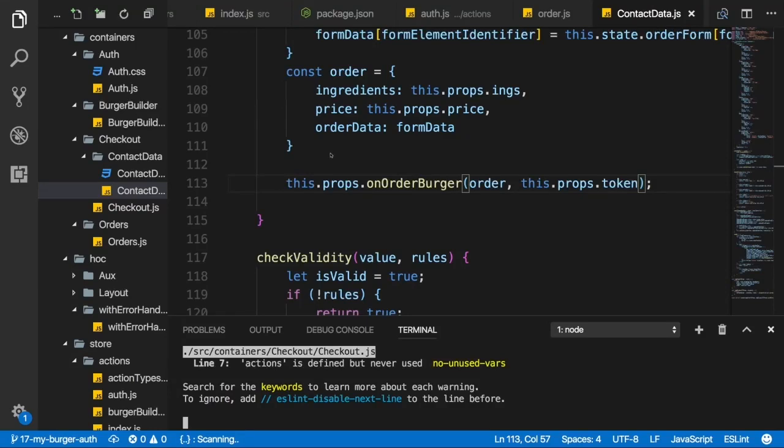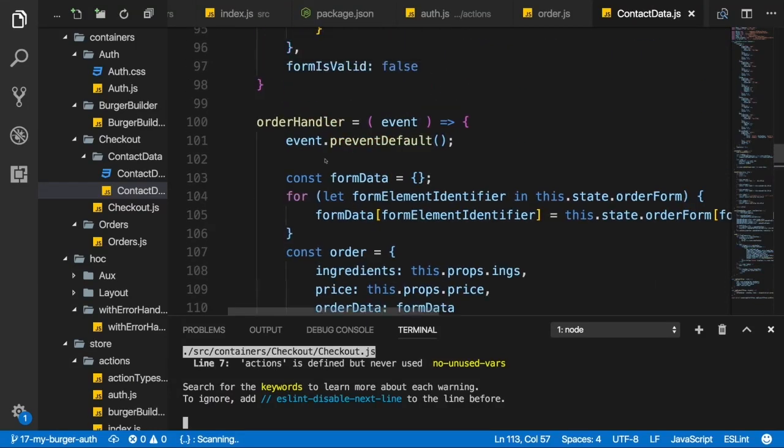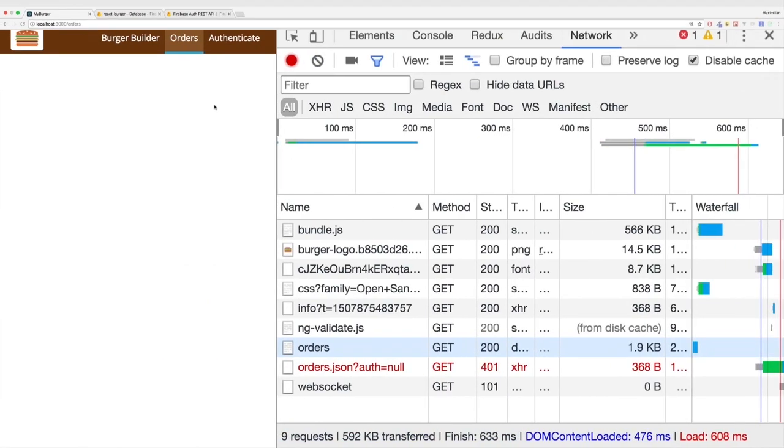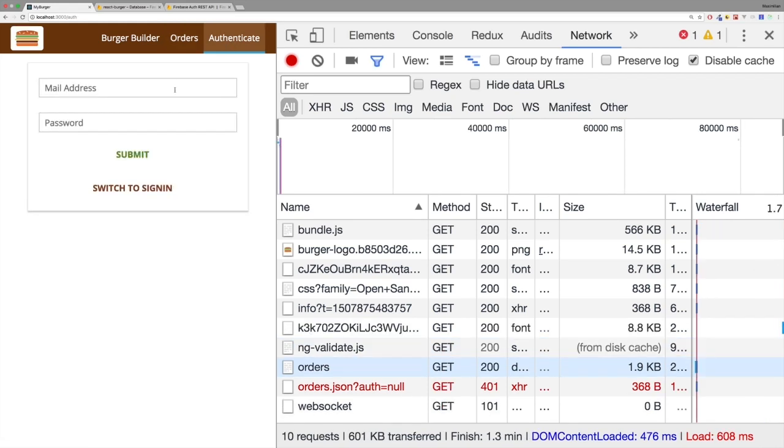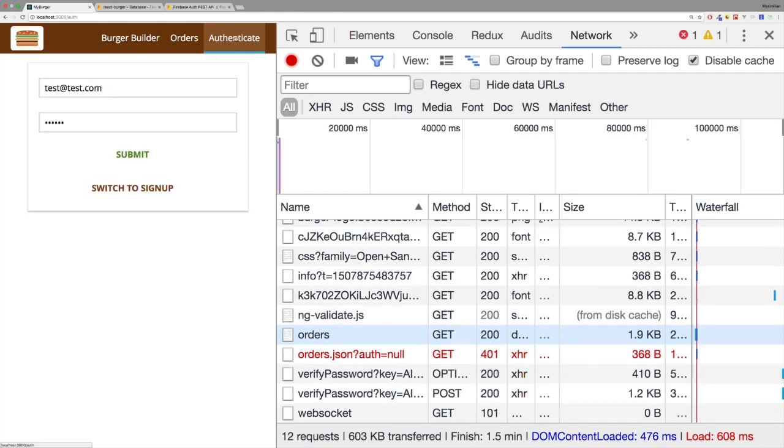So in the last lecture, we finally used the token to get access to protected resources. Now I want to make sure that we can see in our UI, in the app, whether we are authenticated or not. Right now we always see authenticate here, which leads us to the authentication form. But even if we do log in successfully here, we still see authenticate here. It would be better to see log out here if we did authenticate,